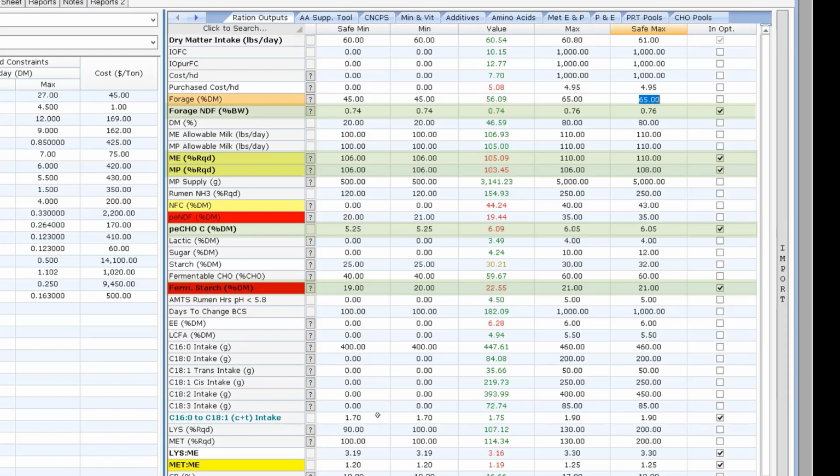The other one that I'm doing, and this is a new one that we've only been able to optimize since the release of this new optimizer, is the ratio between palmitic and 18-1. The data out there kind of shows that if we want to maximize milk volume, milk fat, there's a range there that we can work with.